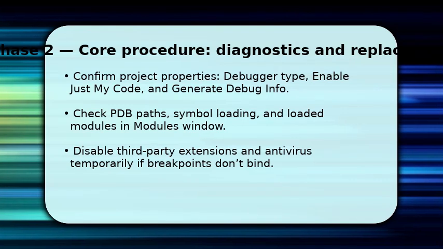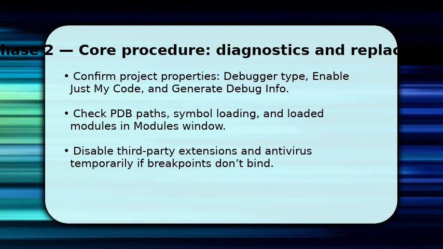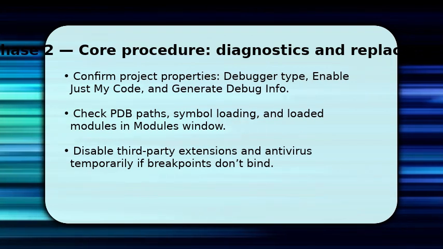You now inspect the debugger settings and symbols to resolve why breakpoints fail. Open project properties. Set debugger type appropriate to your runtime, enable generate debug info, and just my code so symbols align. Once done, run with the modules window visible to verify PDBs load and that loaded module paths match your